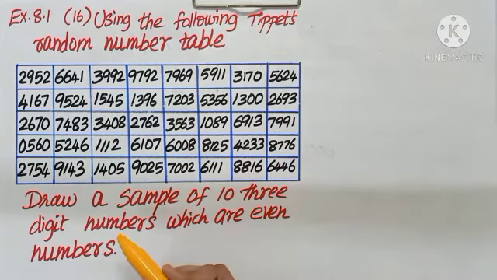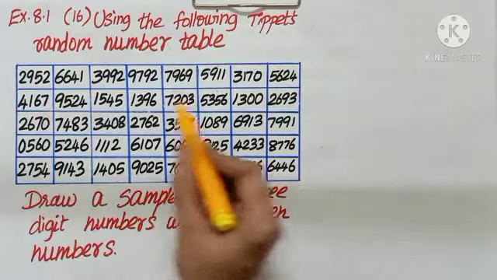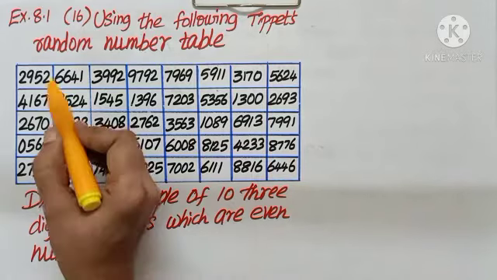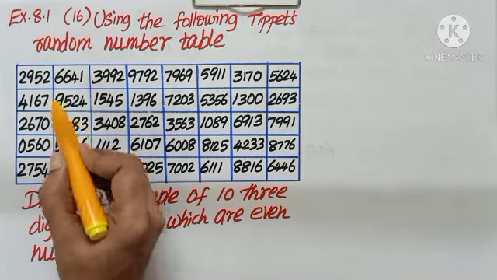I can start from any row or any column, so the answer is not unique. The question is, I need 10 such numbers and each should have 3 digits and should be an even number. If I start from the first row,